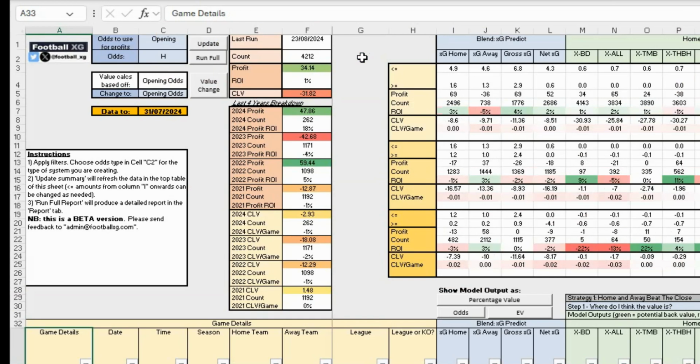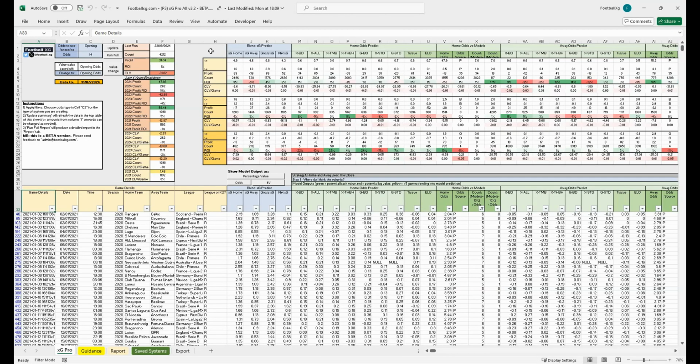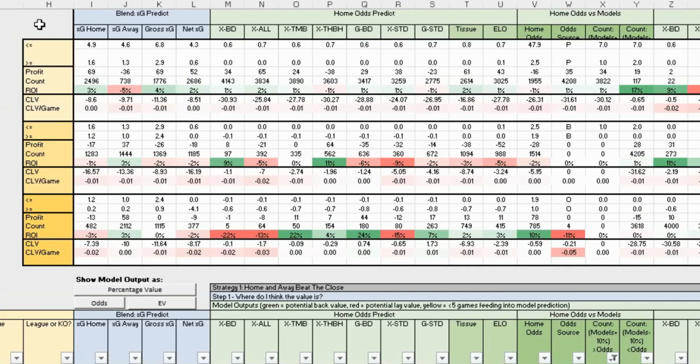Okay, from here it's created a small ROI, some profits in some years and some losses in some other years. So from here, we can then delve into things in a bit more detail. In this section at the top, which we call the summary report, it shows the profitability column by column split into various ranges, which can be changed in the greater or less than section. So for example, if we go straight to the odds section here, we can see that for the home odds, the system is profitable between 1 and 1.9, but is loss-making between 1.9 and 2.5, and greater than 2.5 with a minus 1% and a minus 2% ROI.